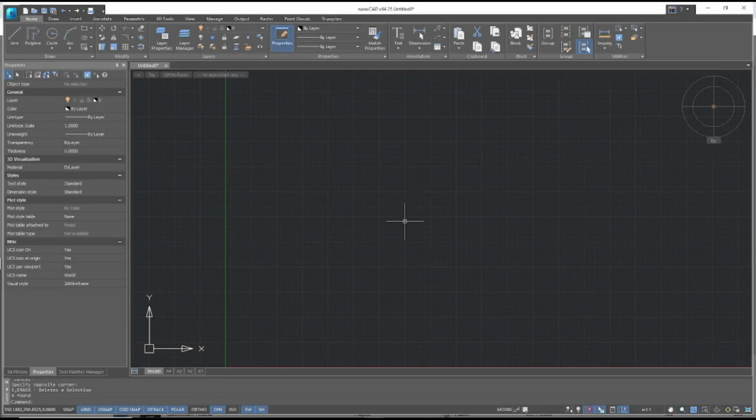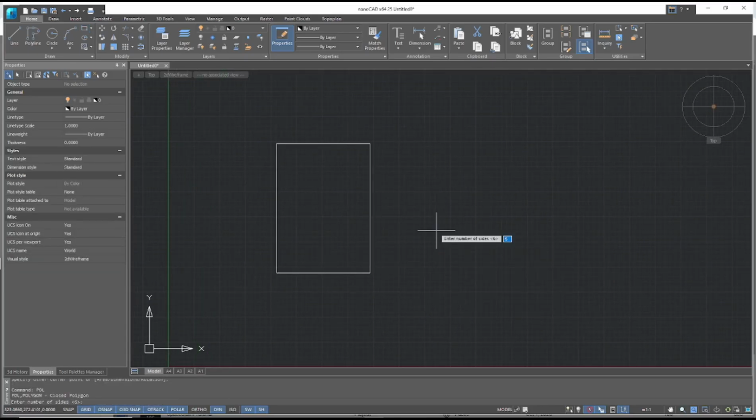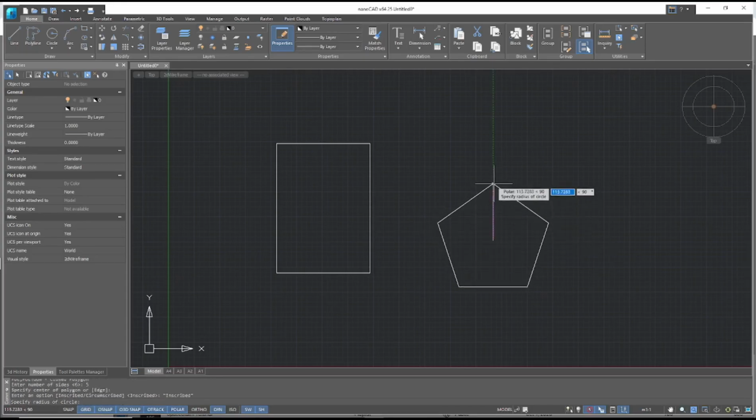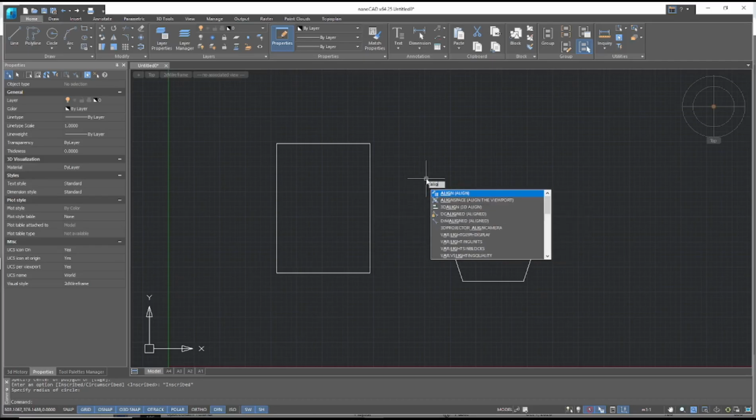Hello everyone, today we are going to learn a basic NanoCAD tutorial on how to align objects. As an example, I will create a rectangle, and for the second object you can create a polygon with 4 sides. I will create it in here. Now if you want to align this edge to this edge, we can use the align command. Type align,